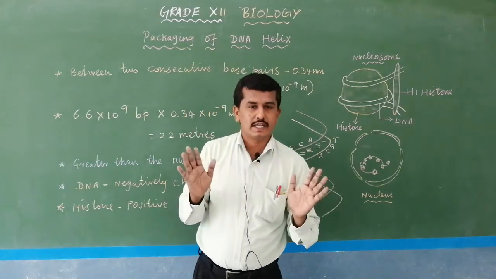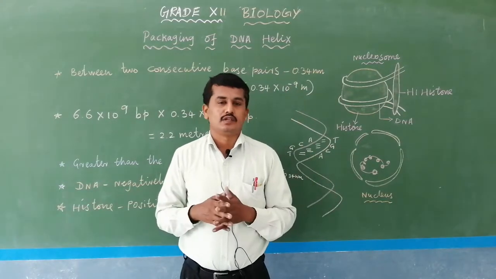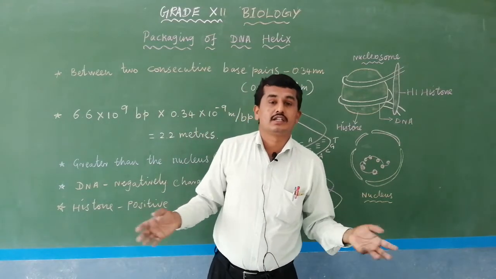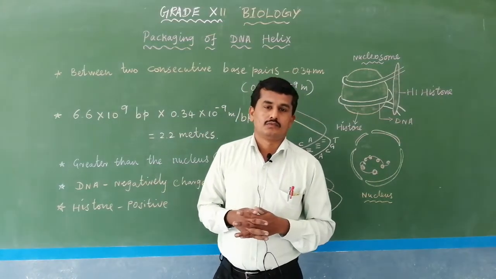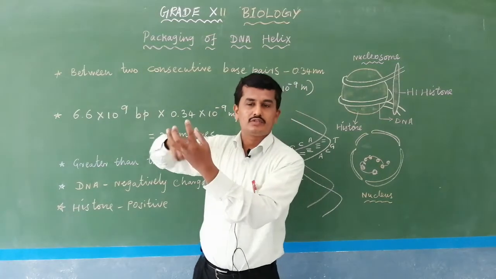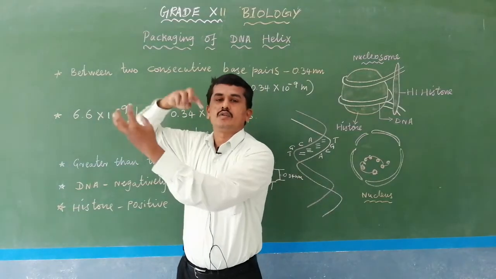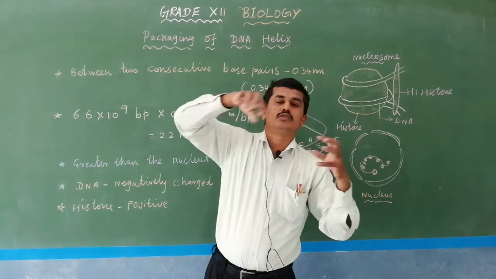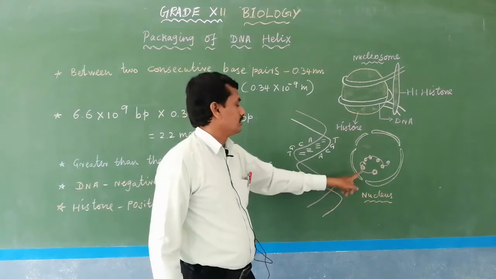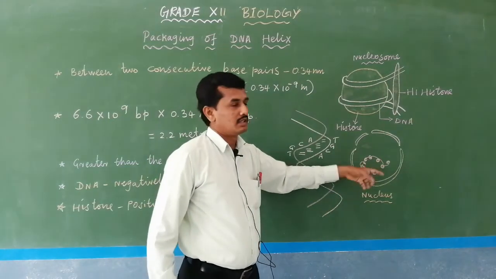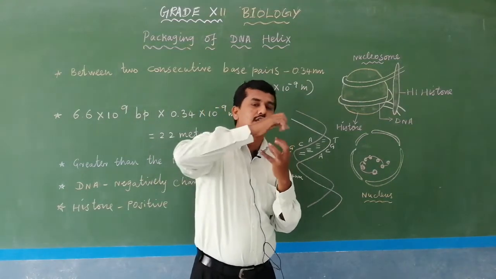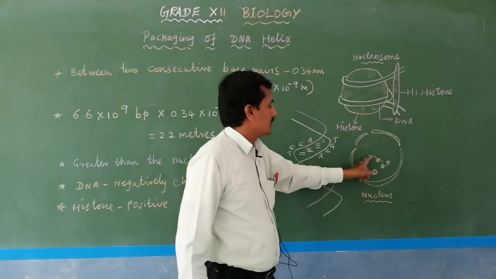Normally DNA is not scattered in the nucleus. We know DNA is present inside the nucleus, but it is not scattered throughout the nucleoplasm. One histone and around the histone protein DNA is packed, then another histone and DNA, and histone and DNA. So many histones and DNA are packed inside the nucleus like beads on strings. The bead means a small round structure, so around the particular histone, the particular DNA is coiled.